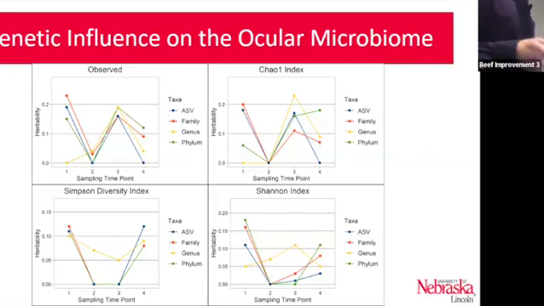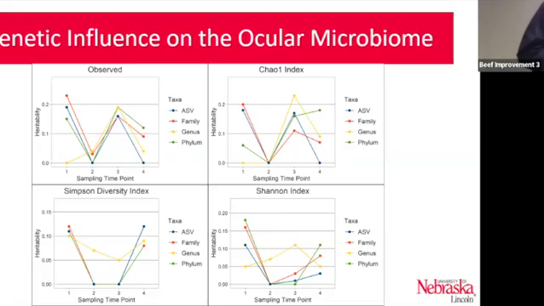Now, what we think is happening is time point 1 represents our natural undisturbed state. Okay. Then the heritability estimate just drops to 0 for all of these at time point 2. And our current working hypothesis is that time point 2, at that sampling time point, that ocular microbiome has not recovered from that sampling at time point 1, because that animal basically got poked in the eye with a stick, to put it bluntly. And a couple weeks is not enough time for that ocular microbiome to fully recover or allow that genetic influence to take back over, right?